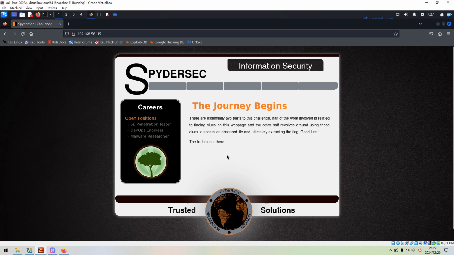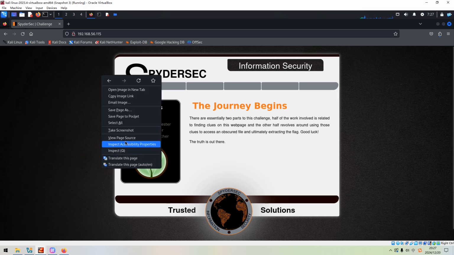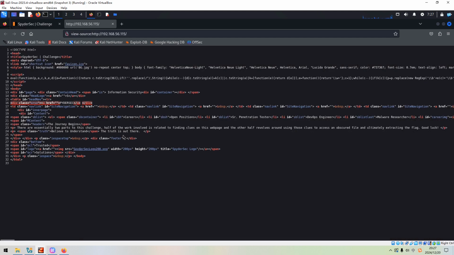But before we get there, first of all we need to find clues on this web page, and to do that, for example, we can check its source code. Sometimes we can get sensitive information from the source code, and here I just found this JavaScript script. Some JavaScript code can hide something important or sensitive.